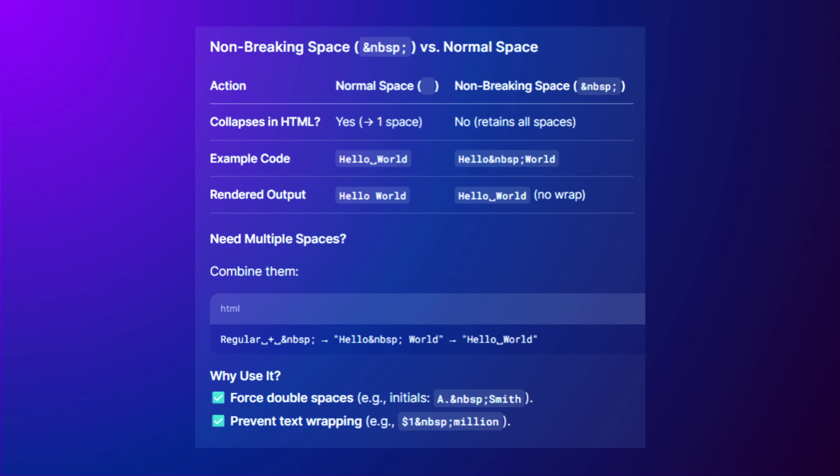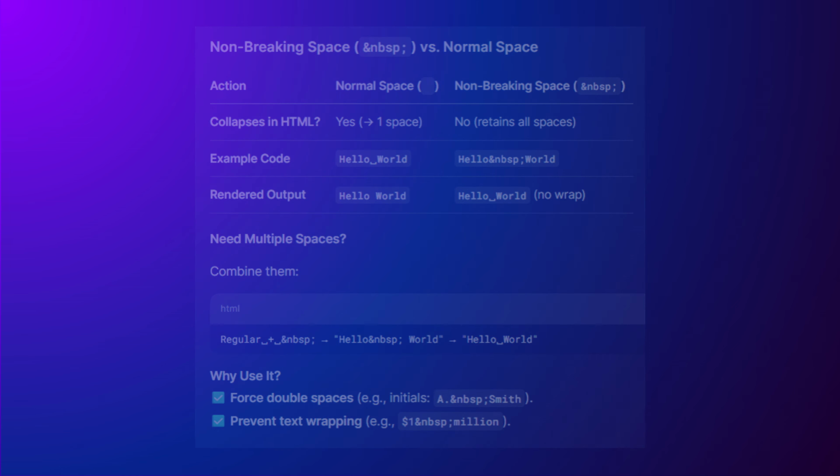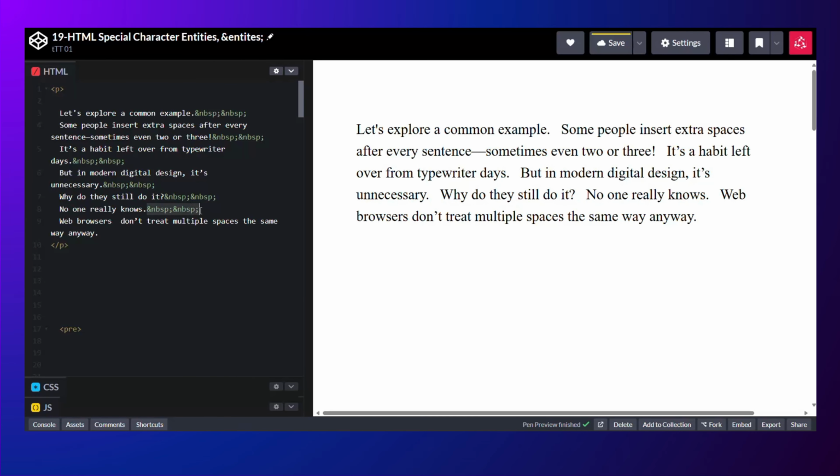Individuals also utilize the non-breaking space to steer the browser towards displaying an unusually high number of consecutive spaces. As we've already discussed, when you introduce a series of spaces in your HTML code, the browser tends to automatically collapse them into a single space. The browser does not, however, remove non-breaking spaces. Therefore, you have the ability to create a double space, for instance, by utilizing one regular space and one non-breaking space. In essence,